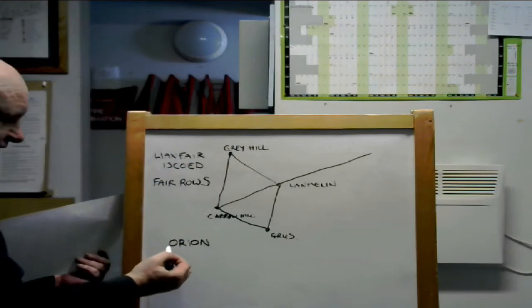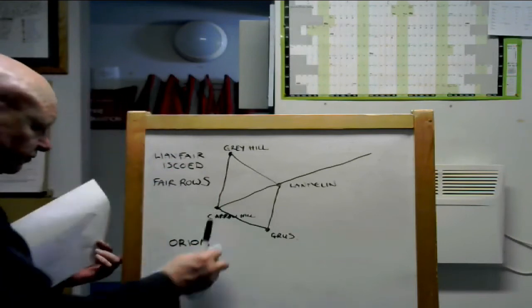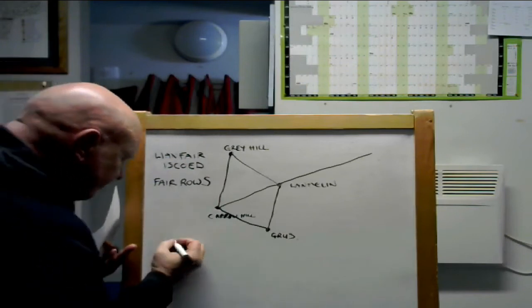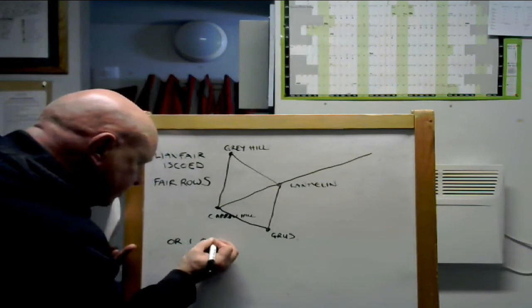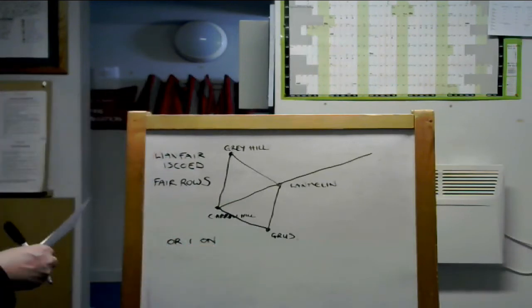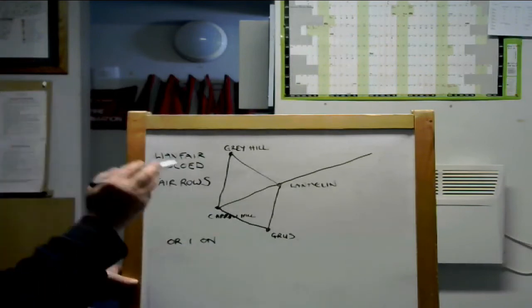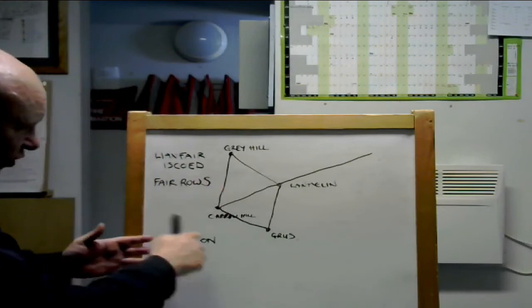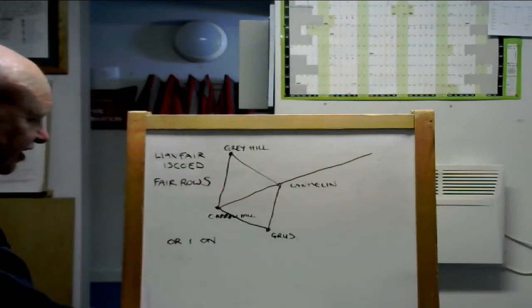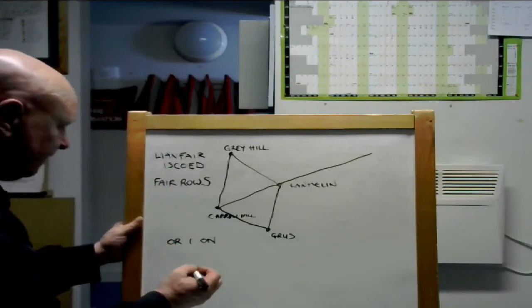Now, this is where Orion comes in, because when you break this up, Orion is Or-I-On. So you're on one side or the other. Okay, and I'll show you the two sides now, because it's a mixture. Firstly, let's just do right. So Orion. What we do to get the options of Orion, this is where it gets really bizarre,